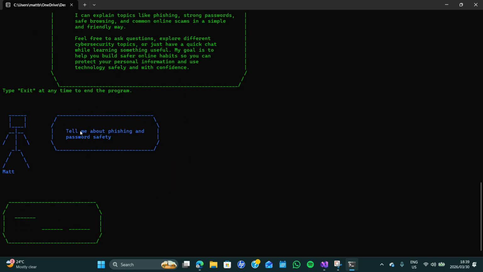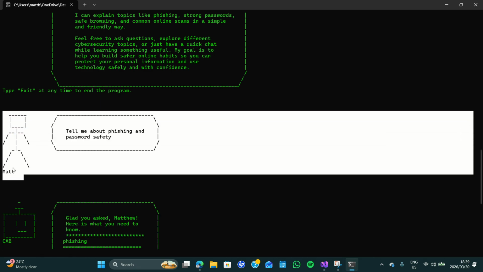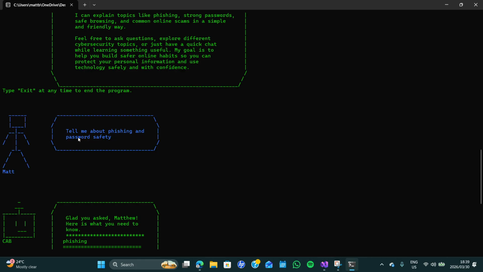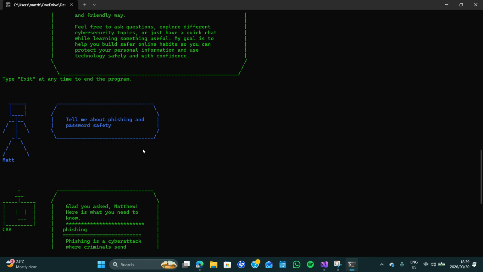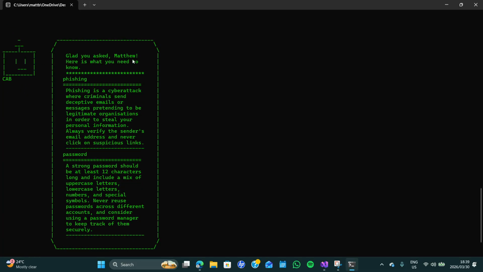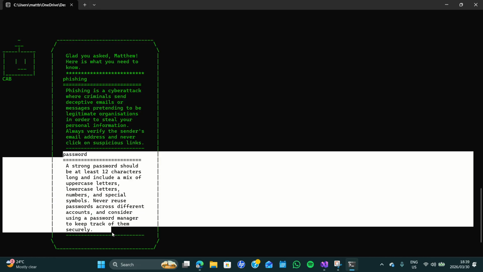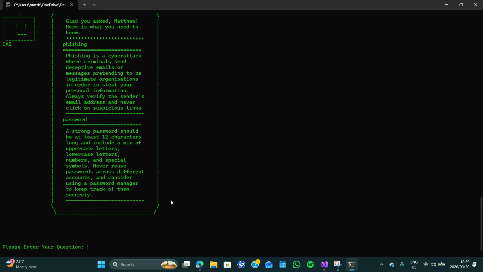As you can see, it deletes the tell me about phishing and password safety and actually makes the user's avatar with the first four letters of my name or your name and puts the question in a text block. Then the robot replies, glad you asked, Matthew. Here's what you need to know. Phishing, and then it explains what phishing is, and here's password and explains what password safety is.